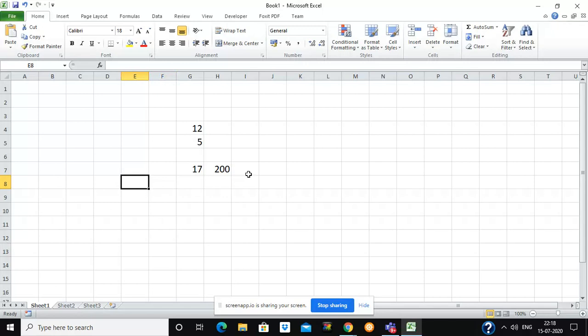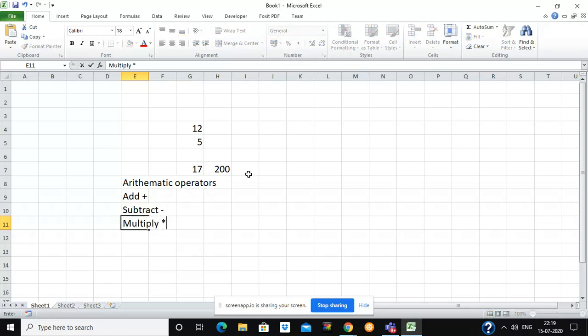Now we already know some of the arithmetic operators which we use in maths. If you want to add, for add we use this symbol. For subtract, we use this symbol. The symbol for add is just before the backspace key on the keyboard, and subtract is also just near the add key. Similarly, if we have to multiply, we use this sign for multiplication.